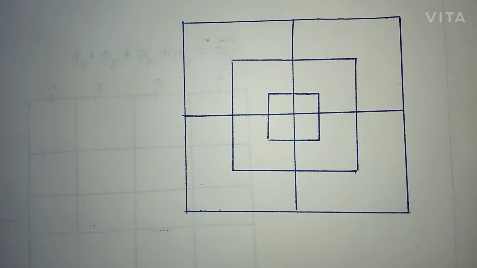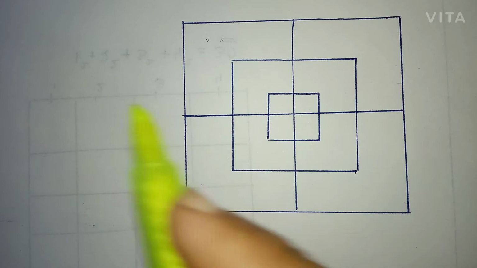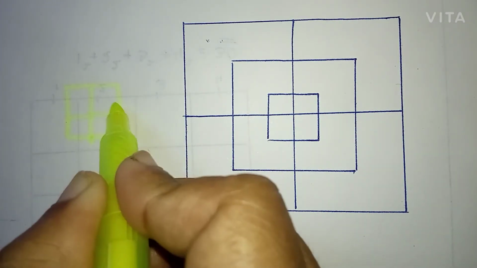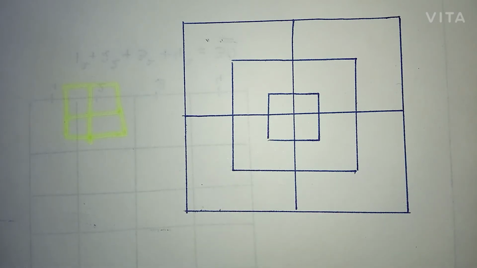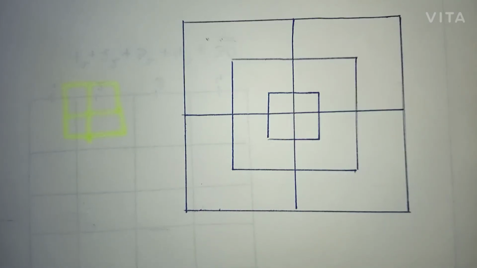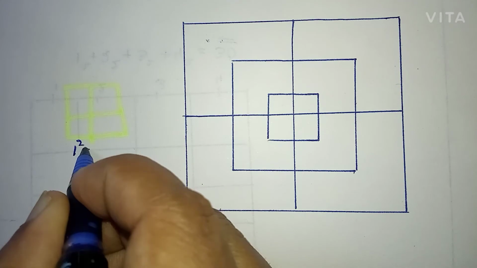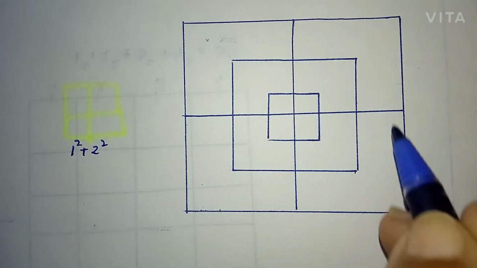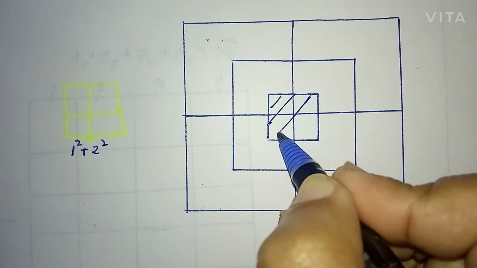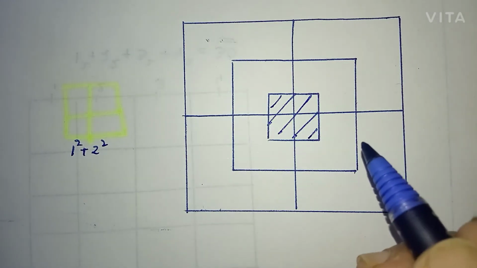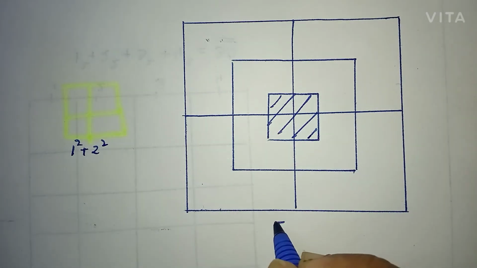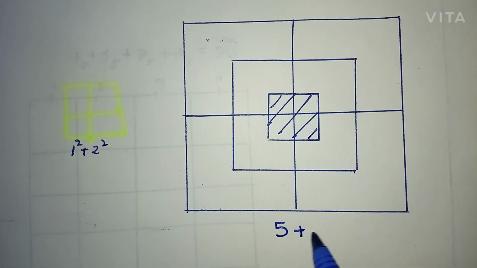Okay, let us see how to do this one. How will you find the number of squares in this figure? If you remember, at first the simplest one we did was this one. What did we do for this? For this we did 1 squared plus 2 squared, correct? So is it there in this? Can you see it in this figure? That is nothing but this one. Okay, again, it is 5. 1 squared plus 2 squared is 5.